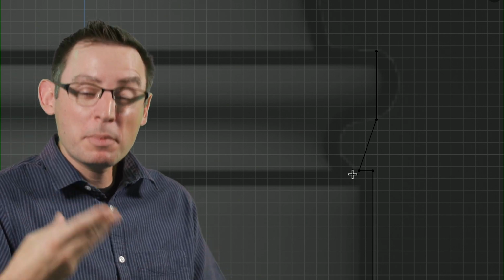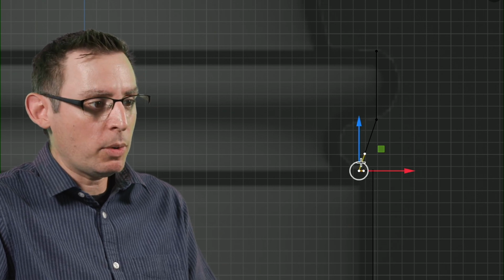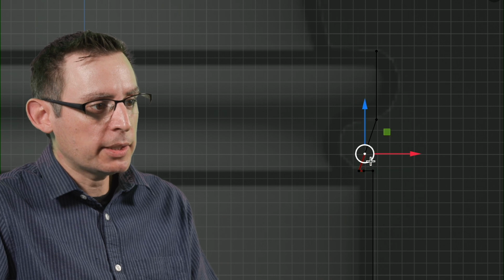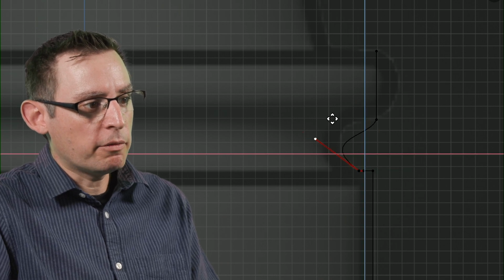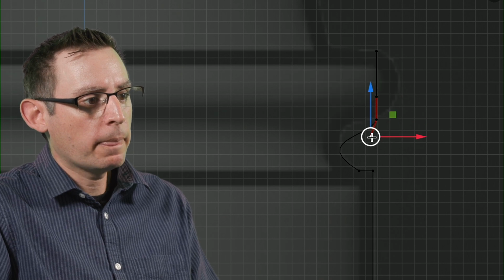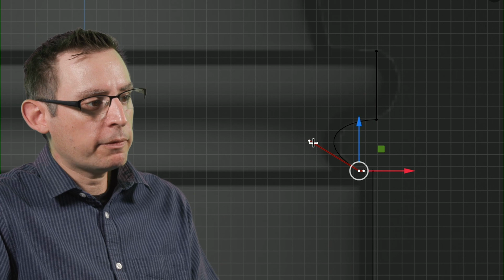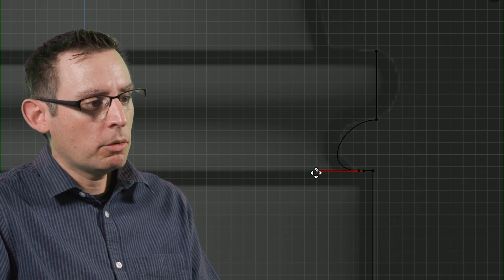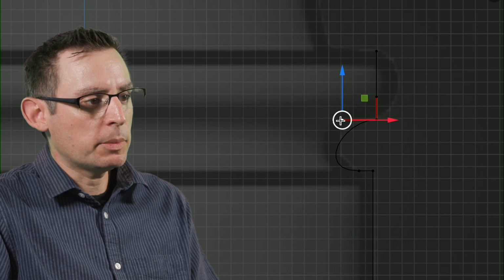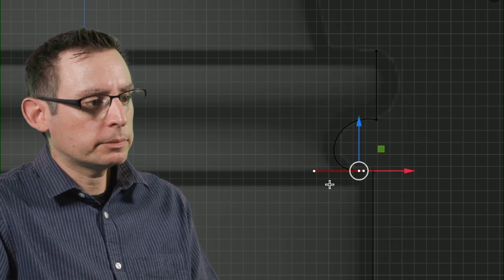Now the tangent handle we initially chose has been perpetuated every time that we've extruded it, so it's kind of keeping all of that same handle type every time we hit the E key. Well, I want this one to be free. Let's go ahead and change it, because that gives me the functionality of moving these handle types. I want this one to be free as well, because now I can grab that handle and start crafting and customizing where I want my curve to be. And this is where it gets kind of fun. Excuse me, hit the wrong key. And I'm just doing this to the picture.